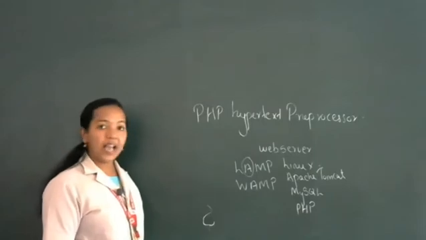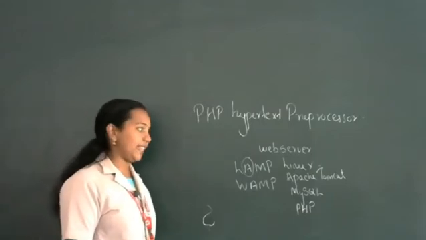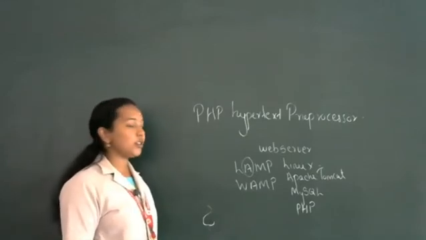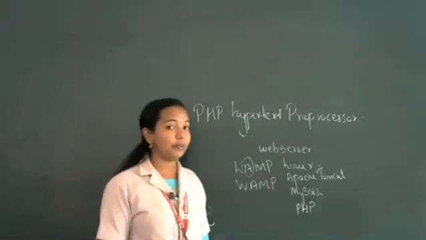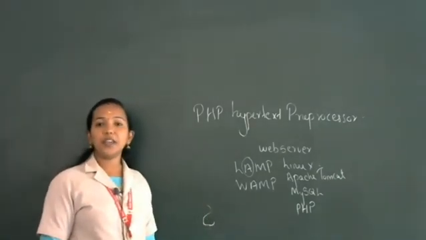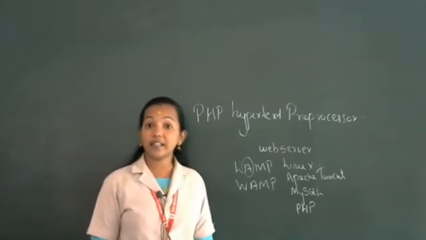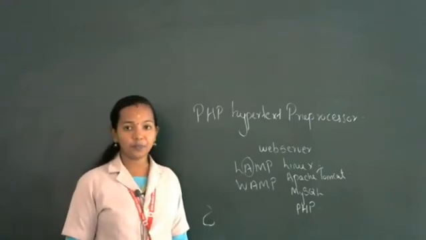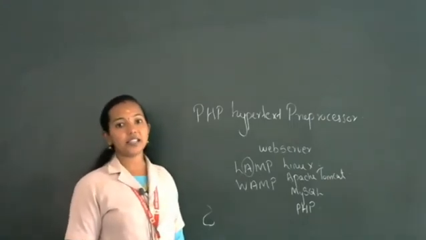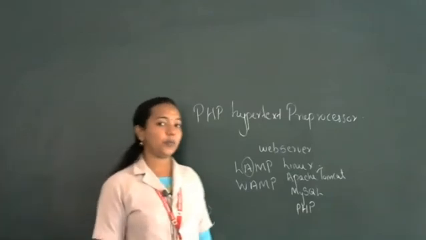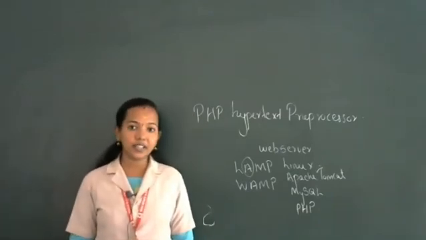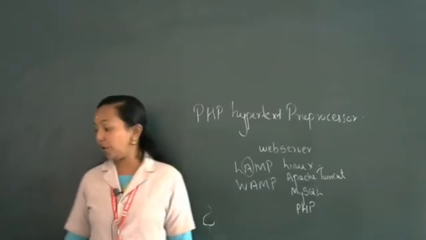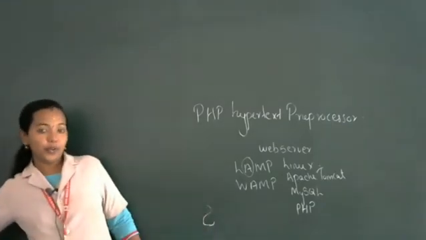Then in WAMP, W stands for Windows, A stands for Apache, then MySQL and PHP. If we install this package in our computer, we can execute PHP programs because Apache is a web server, PHP is the software and MySQL is a query language. With the help of all these we can easily execute PHP programs. So hope you understood this. What are the two packages? LAMP and also WAMP. Normally these we are installing to execute PHP programs.